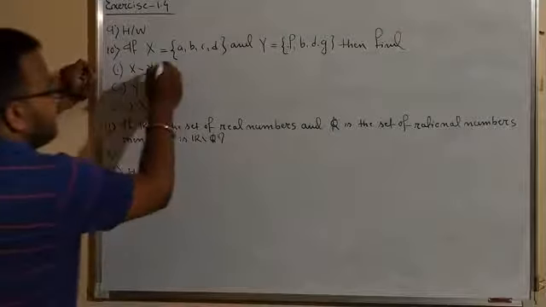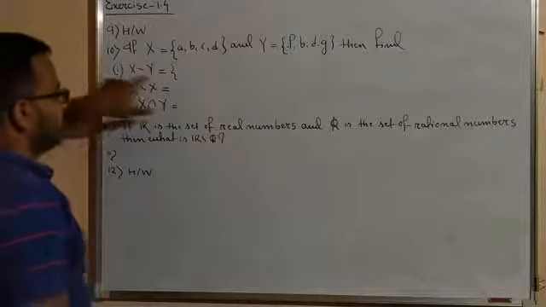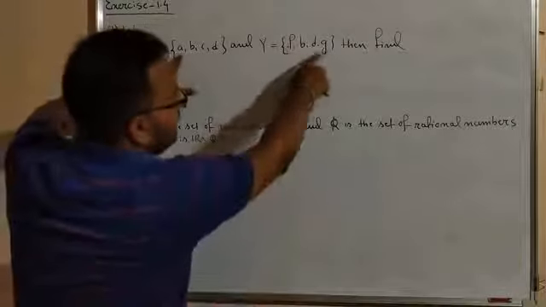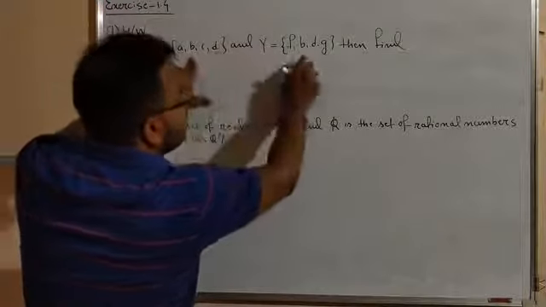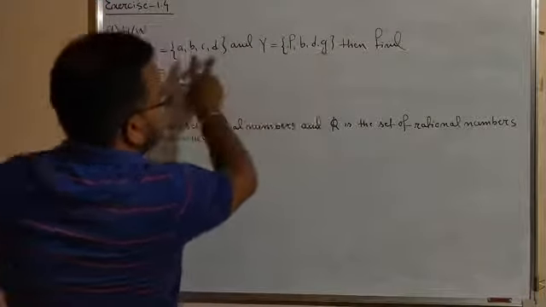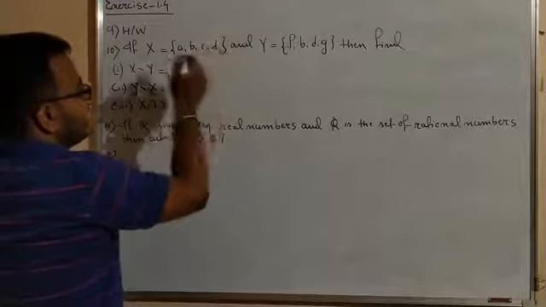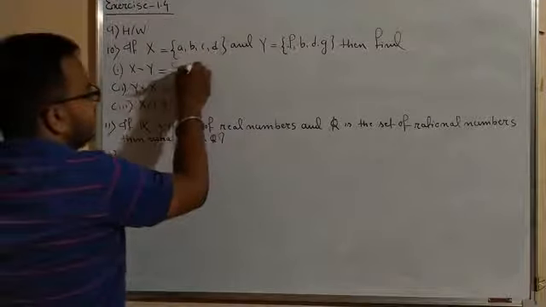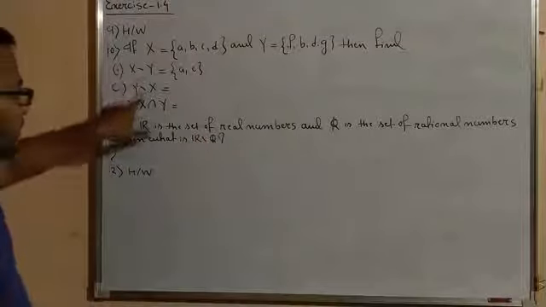That means first of all you have to identify which elements are common between the sets X and Y. So A is not there, right? B is there, yeah, B is there, so B is common. C is not there and D is common, so B and D are common. So you just remove B and D from the set X and write the resultant elements, it is A and C, right? So a similar concept you have to apply here.